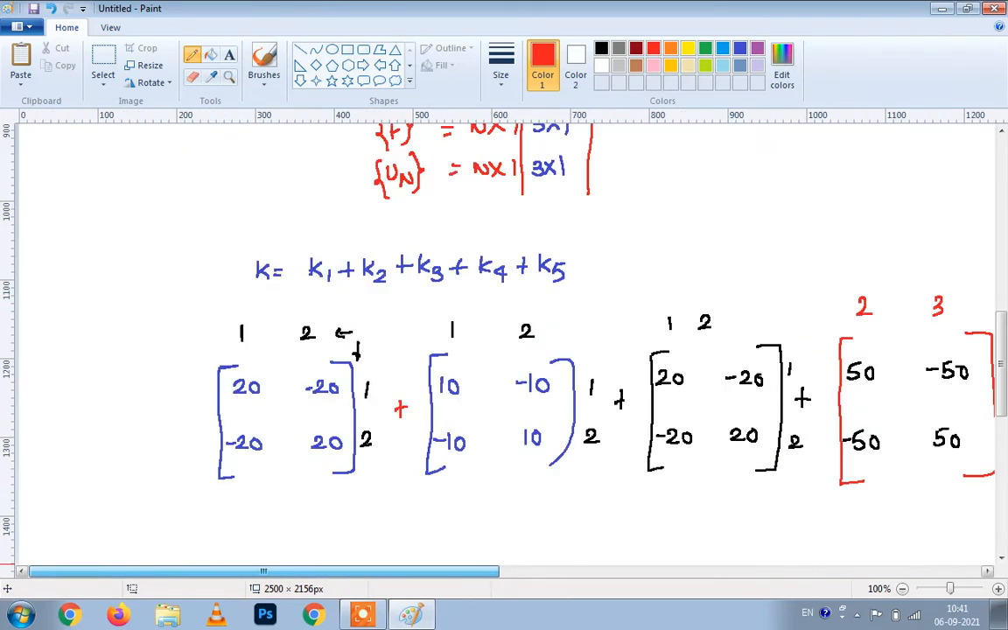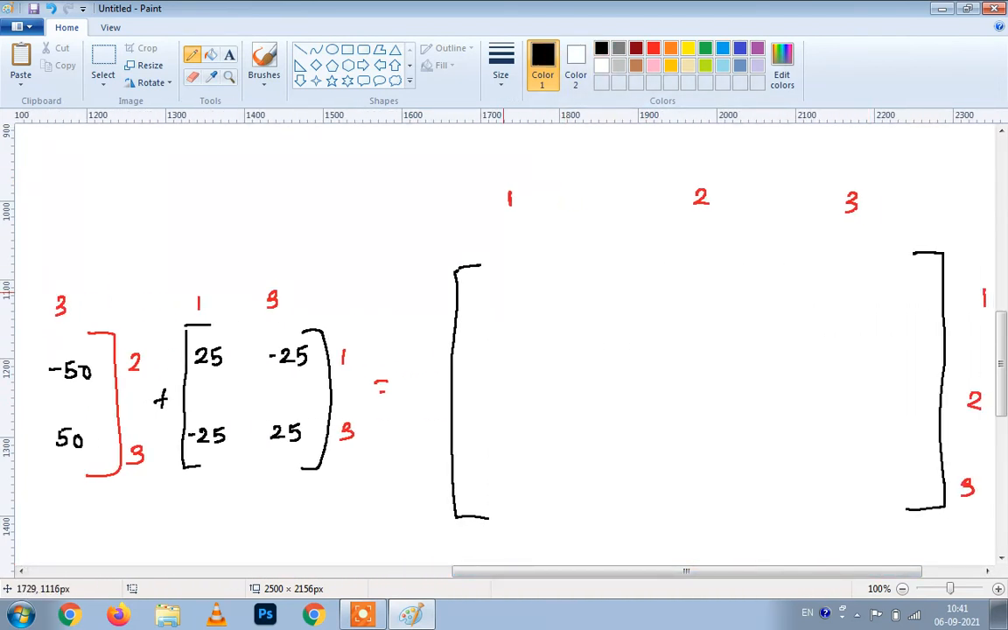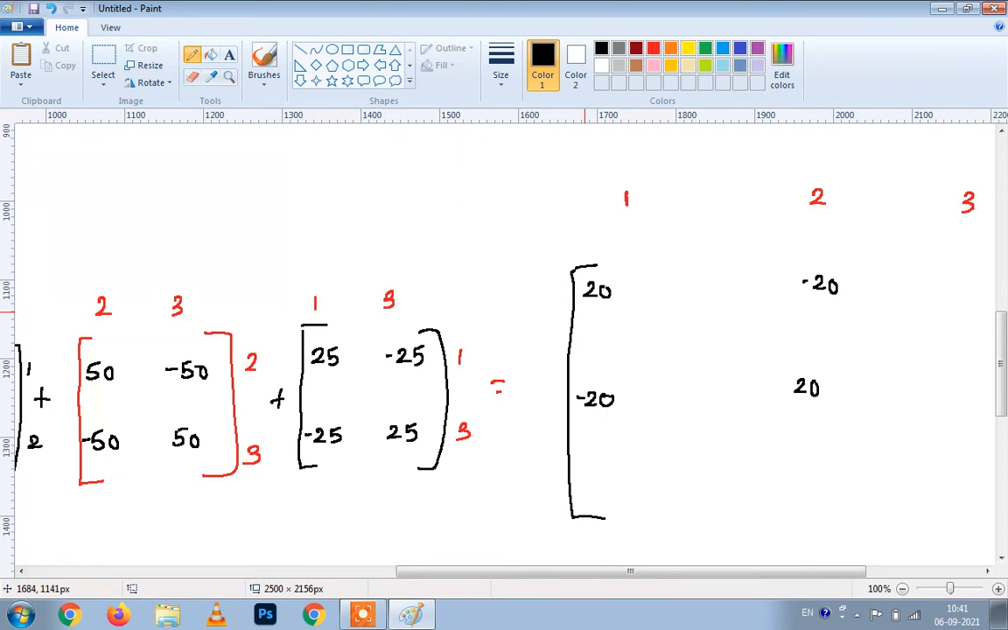So first matrix I am placing here: 20, minus 20, minus 20, 20. It is between 1 and 2. So simply you can write like this: 20 here, minus 20 here, second row first column minus 20, and write down here 20. Now looking at the second element, this is our K2. It is also placed between 1 and 2. So it will be 10, minus 10, minus 10, 10. It will go in the form of addition. So here 10, minus 10, minus 10,